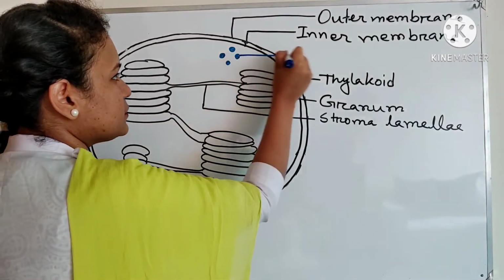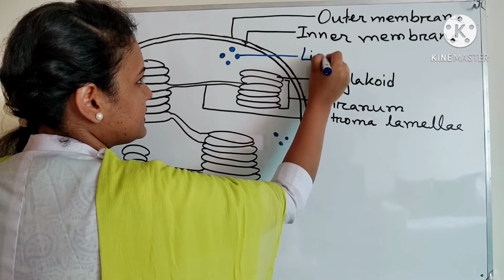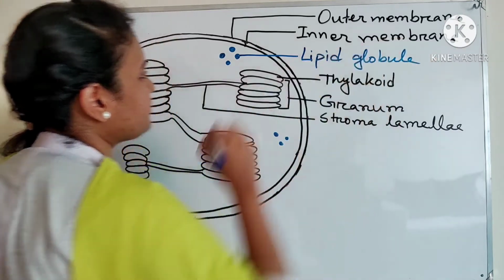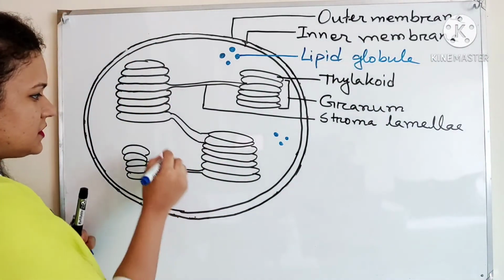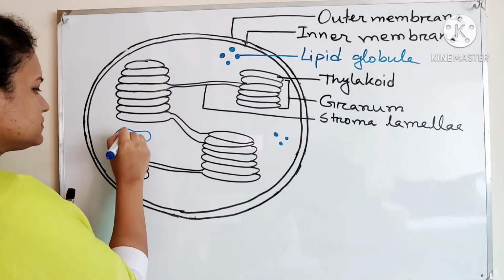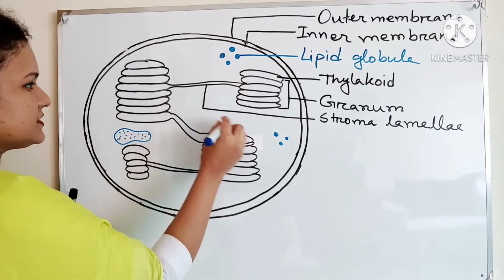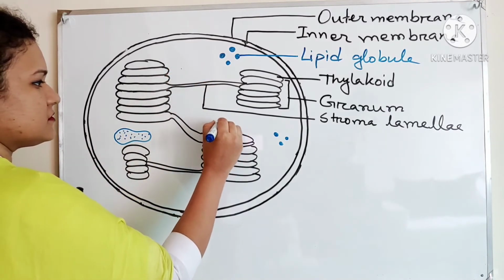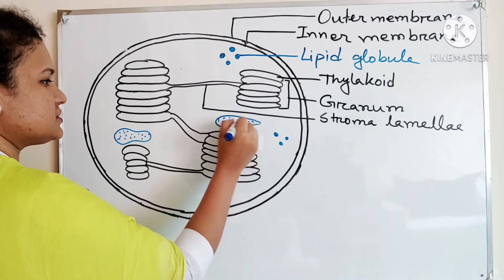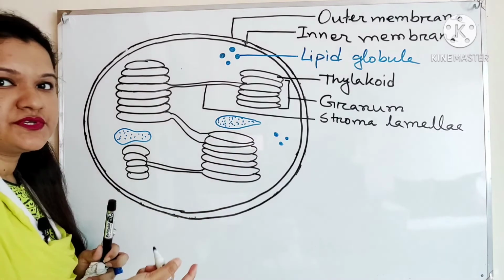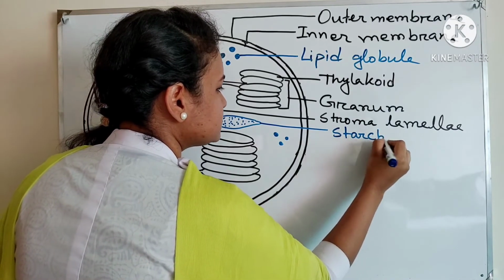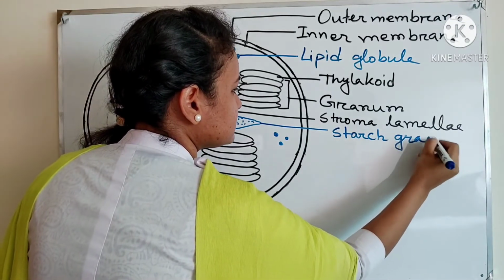So chloroplasts have lipid globule and starch grain also present here and there. This is the starch grain, so you can see that this is the starch grain,